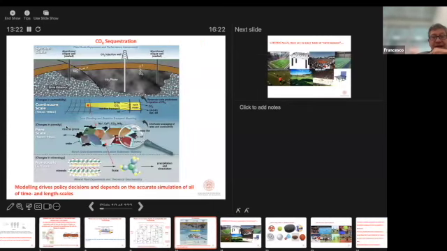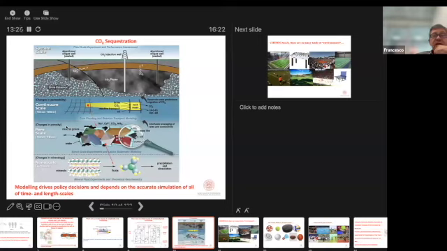Let me provide another example, and this is CO2 sequestration. We all know global warming, greenhouse effect, CO2 problems, and so on and so forth. So people think maybe we can take the CO2 and put it under the ground. And in order to do this, if we want to design the system, we need to collect the CO2 somehow, and then we need to understand, once we put the CO2 inside the ground, what the interactions are.